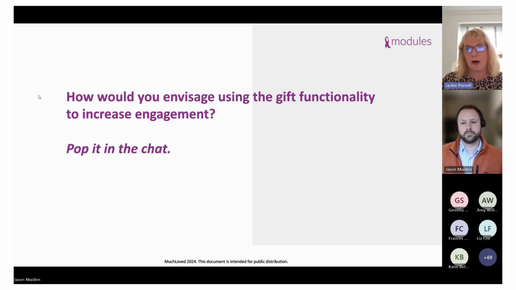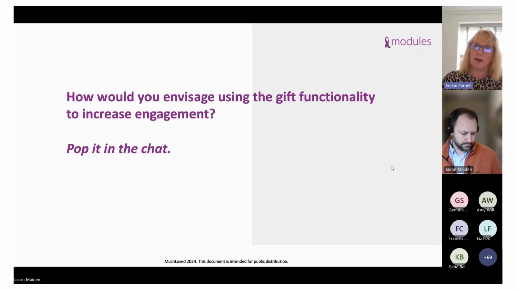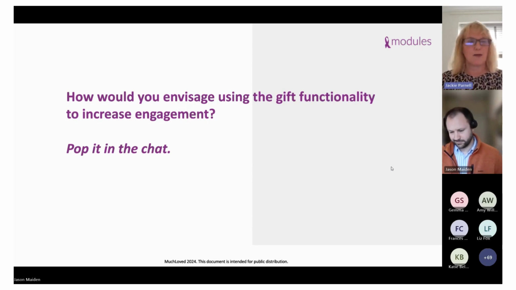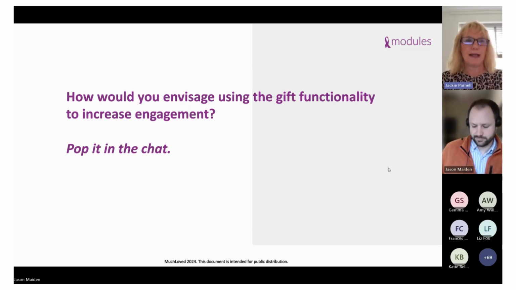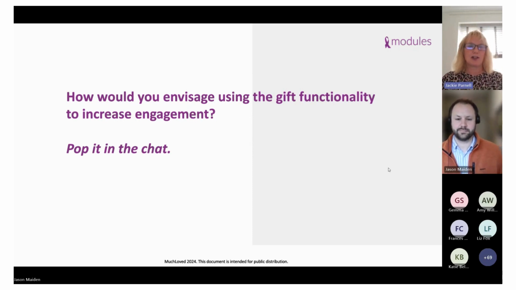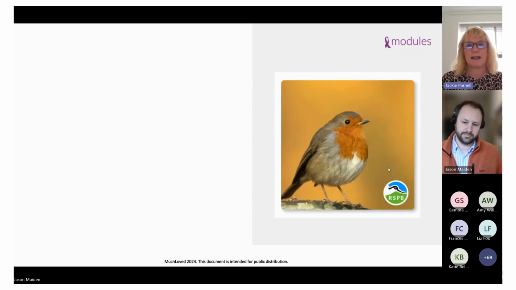And again, with the Advantage partners, maybe you could think of diarising when you know that you've got an anniversary of a death, so that you could pop on a little gift there. Just little different things of interaction that wouldn't add to your workload too much. So get your brains ticking and pop in the chat, and let's see what different ideas we can come up with. Okay, so next slide, Jason, just to show a few things of what's already being done.